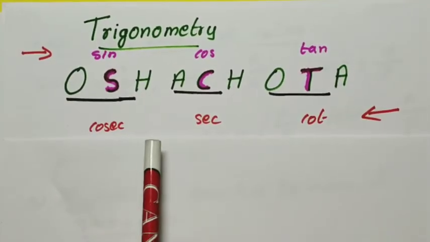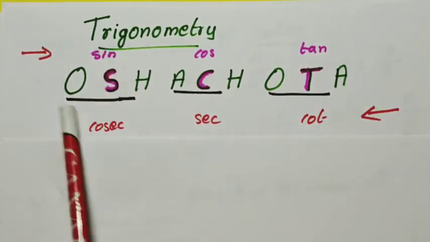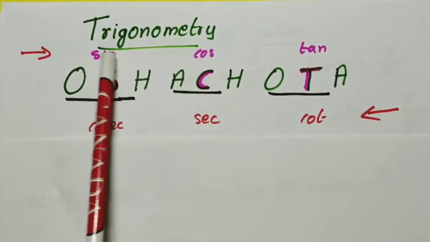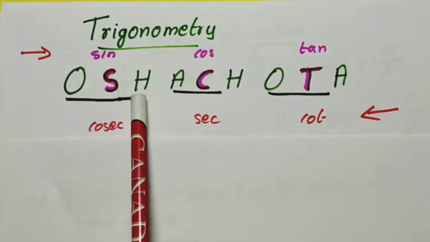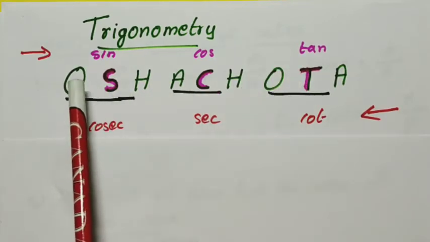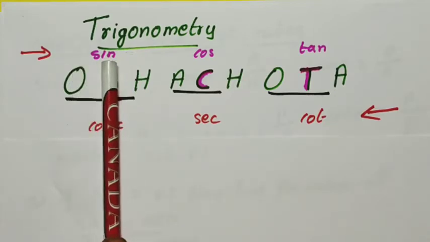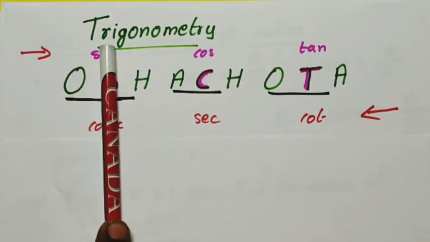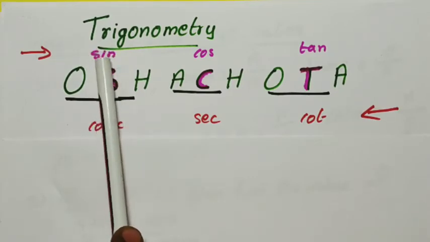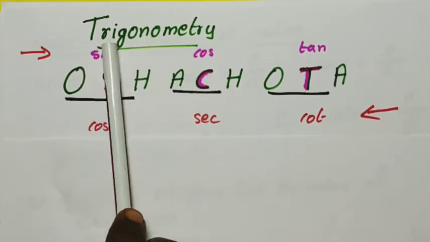That day I had taught you one easy method of recollecting the trigonometrical ratios by keeping this word in mind: OSH, AC, OT. The first three letters, OSH, are for sine and cosec. How can we remember this very easily? Opposite side upon, if you keep a finger or any object like this, it shows 'upon'. So opposite side upon hypotenuse is equal to sine theta.